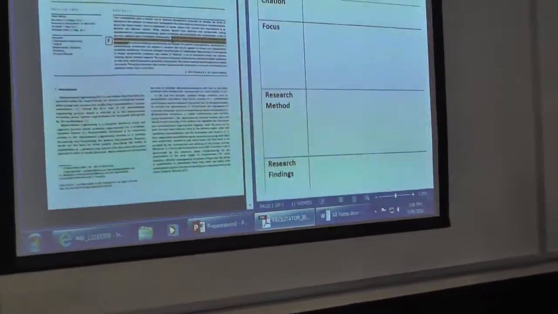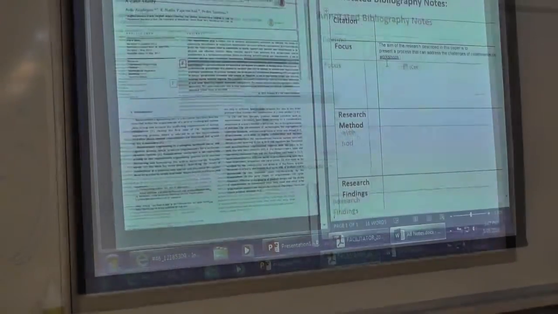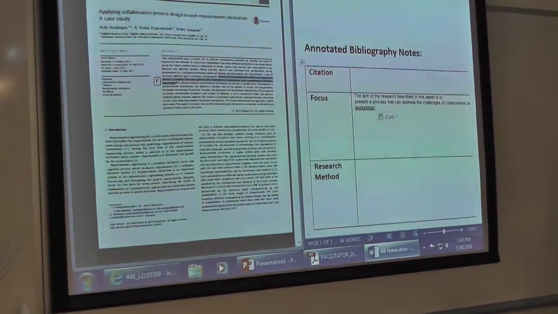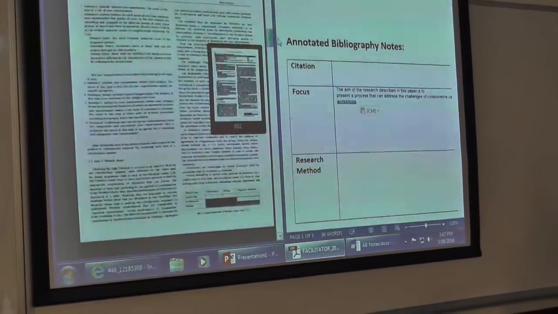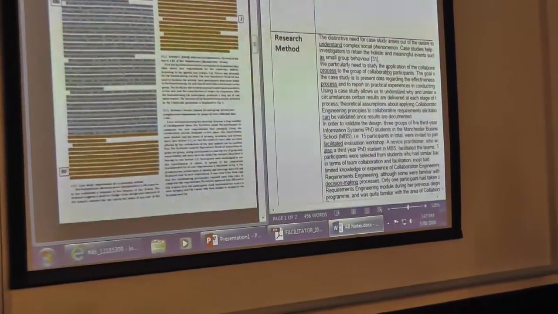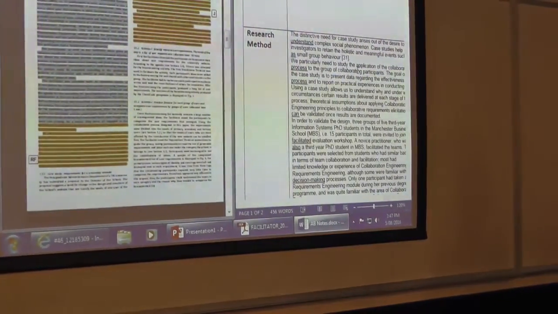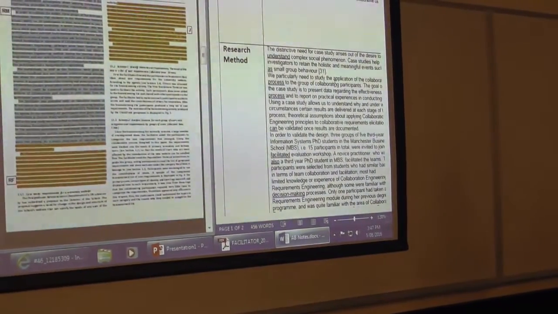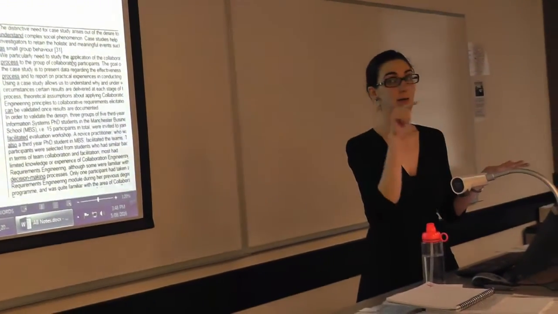What I would next do, and it really comes down to personal preference, is you could take these notes that I've made here, say about the focus, and copy and paste them directly into your table. That might be another way that students prefer to work sometimes. So you could then also do that for the research method section. The mechanics of how you actually choose to do this is all personal preference. But my strong recommendation is that you read with those sections of the annotated bibliography in mind, and as you're reading, you're looking for where this article is answering that section